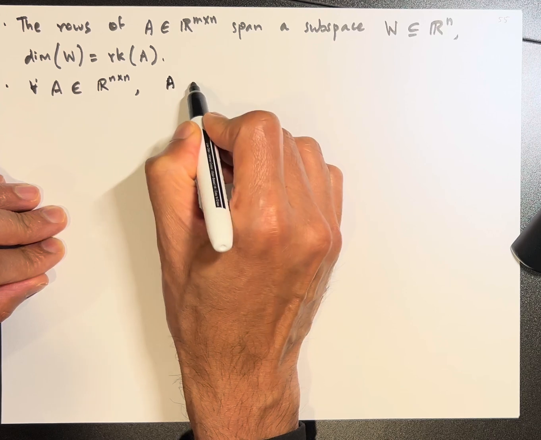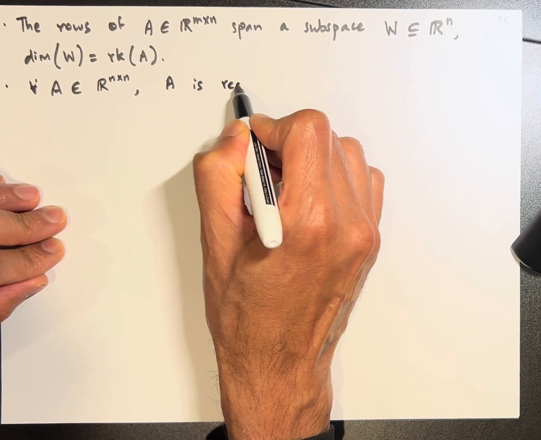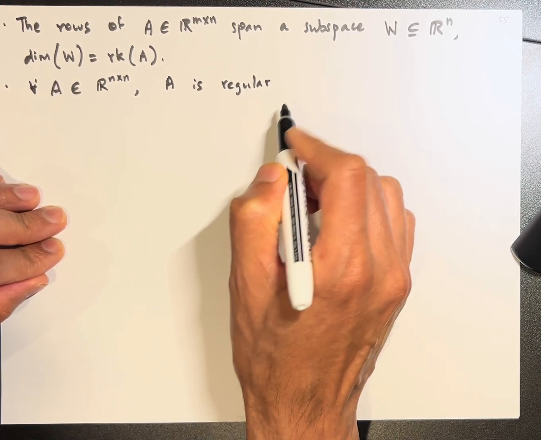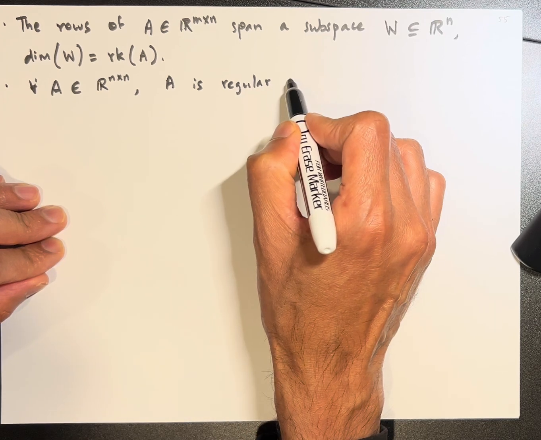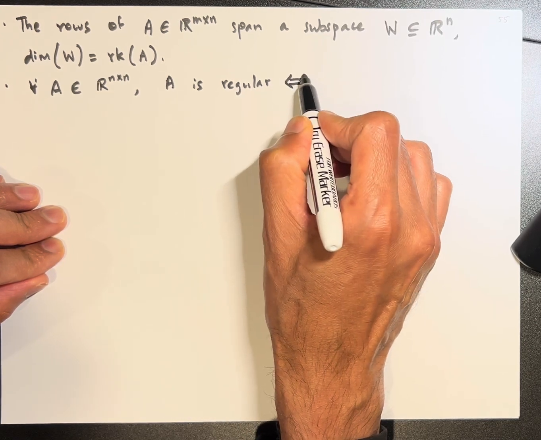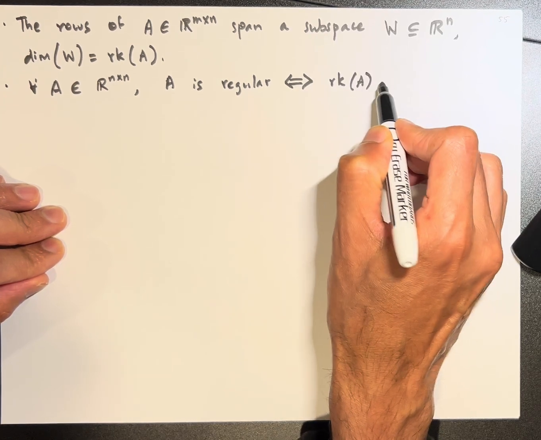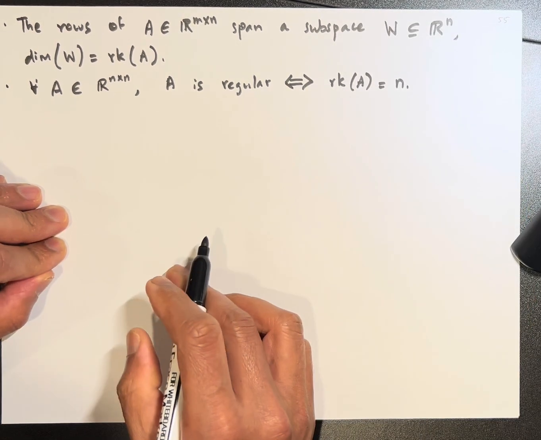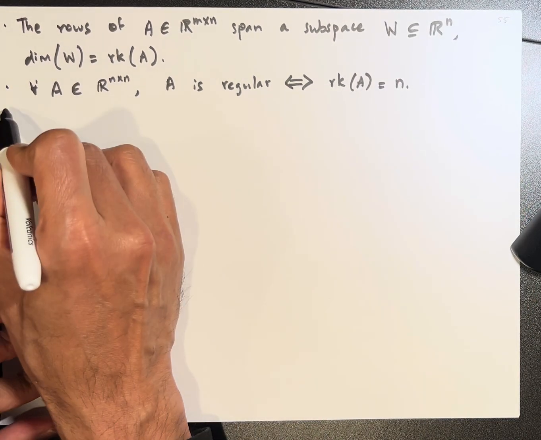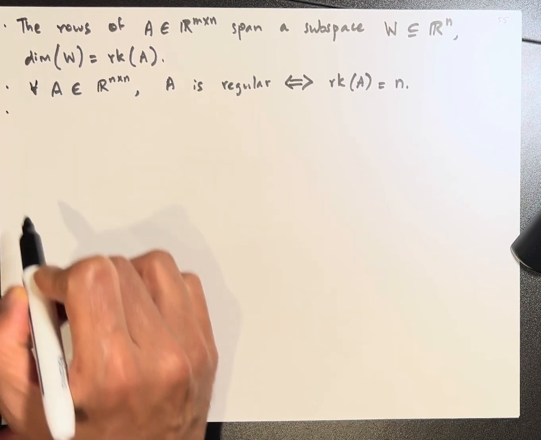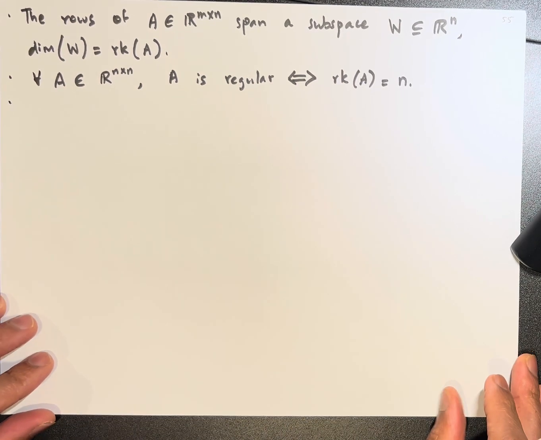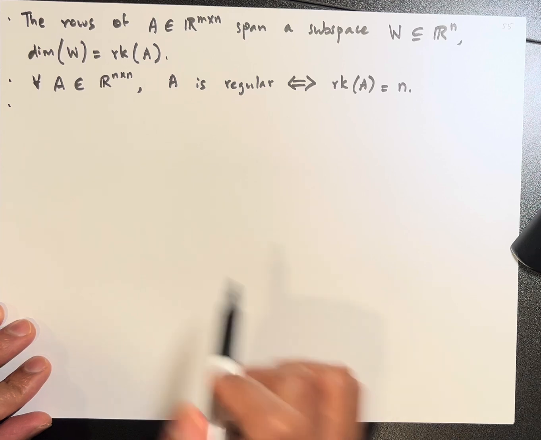So A is regular, or invertible. Regular is just another way to say invertible, if and only if the rank of A equals n. Okay, that's clear. Next we have